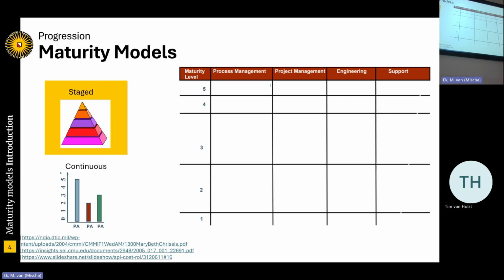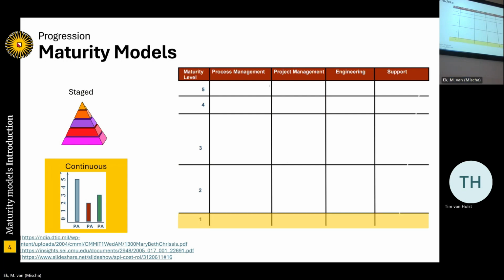There is a stage maturity model where you go through each level and you have to check: I start with level 1. If I want to get to a higher level, I have to check everything on the higher level for specific process areas. If I want to go even higher, I can't skip 2 levels. I have to take it level by level. This is not allowed for a stage maturity model. For a continuous one, you can. You can just take a process area, take a specific subject within it, and go higher.